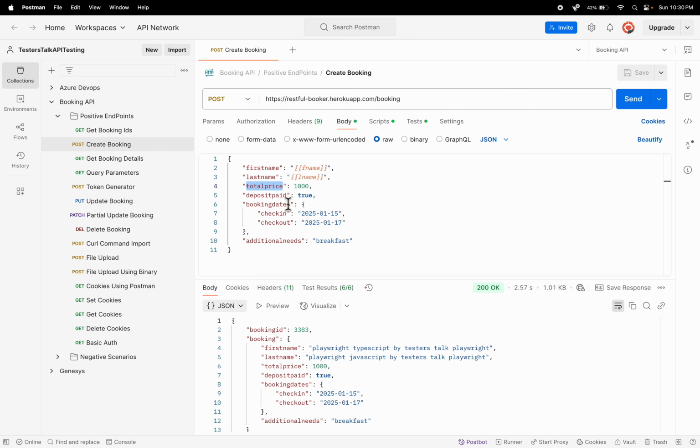In many cases you need to pass the test data from the test itself, or you need to generate the dynamic test data by using plugins. So firstly we will see how to pass the test data from the test itself, and in the next tutorial I will be talking about how to generate the data at runtime by using plugins also. So let's copy this API request body